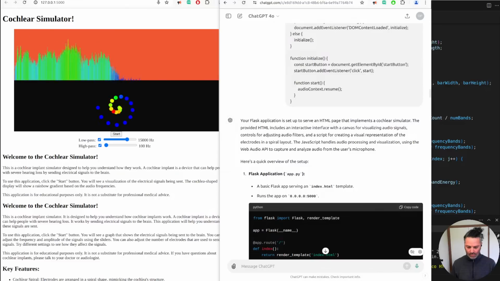We added custom tooltips to explain each control and improve the overall design with custom styles to give the simulator a more modern and polished look. Now, we're in the process of implementing these changes to make the simulator more user-friendly and visually appealing. If there are any specific